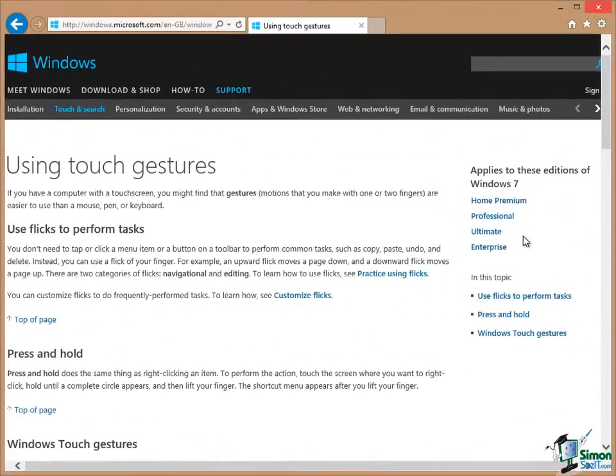One of the major new features of Office 2013 in general and Access 2013 in particular is the use of touch. And once again, I'm going to draw a distinction on this course. I'm going to assume that whichever touch device you're going to use, whether it's a PC with touch or a tablet, that basically you know how to